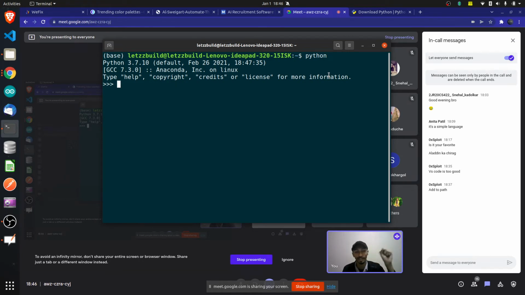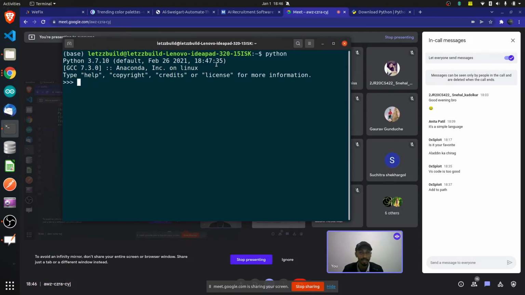Maybe you have not clicked that add to path and all those kinds of stuff. For those people who have not done it, whatever the doubt solving group is there, just send a photo of that and tell us that you are getting this error. So I hope first you will go and install Python. While installing, do not forget the procedure of adding to path. Once Python is installed, open a new terminal. Search command prompt or terminal on your Windows search bar, and you will get such a screen. Then just type Python here to cross verify whether Python is installed or not.